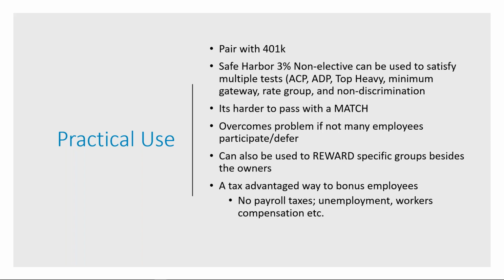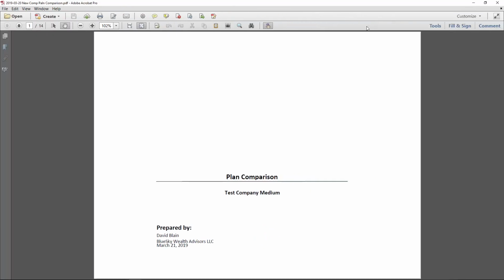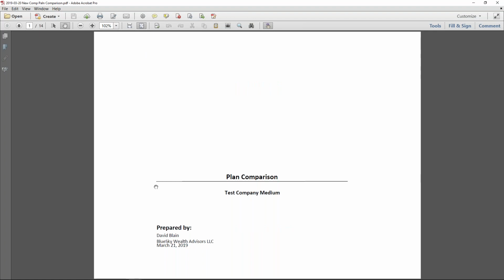Okay, so let's move on here to some examples of some profit sharing plans themselves. Let me just drag this over here. If I could, from one of the moderators, can you see the Adobe PDF? Yes. Okay, super. Okay, so we have here a plan comparison,